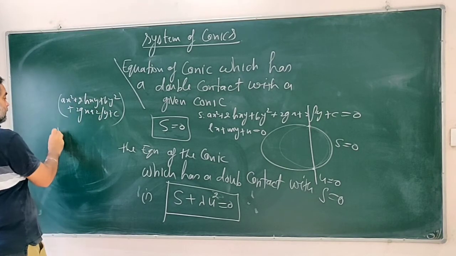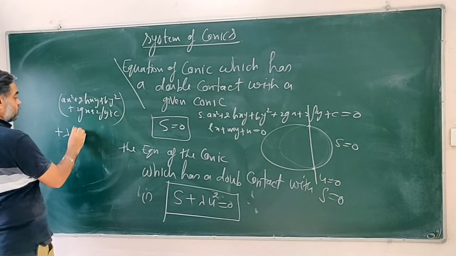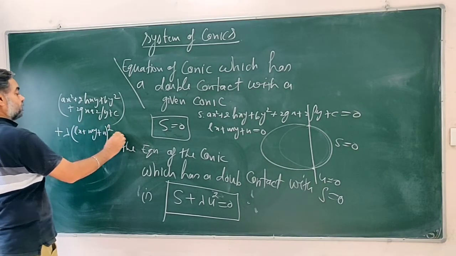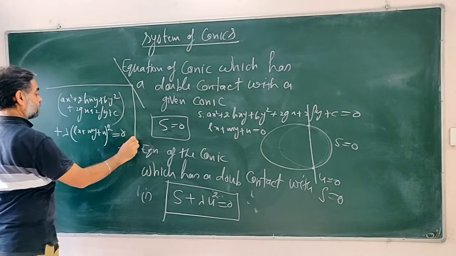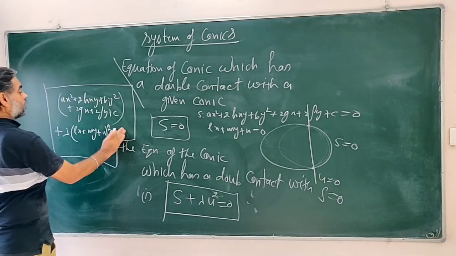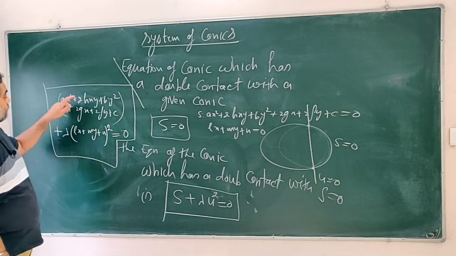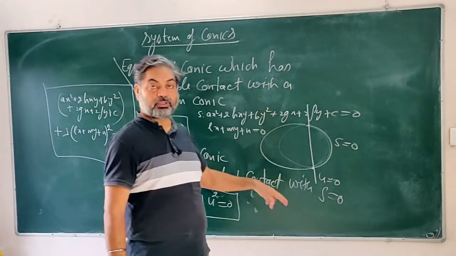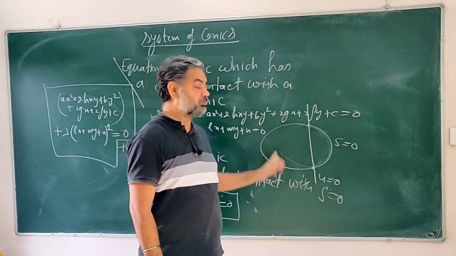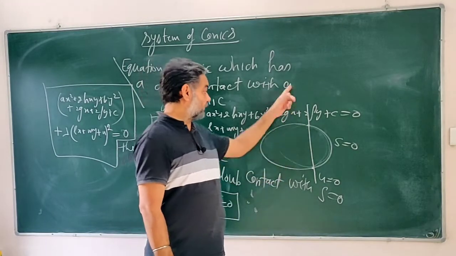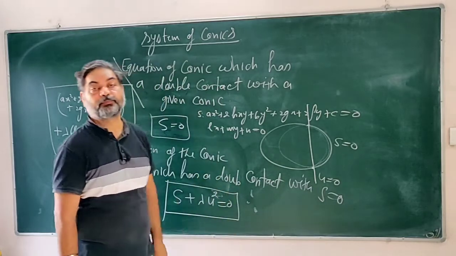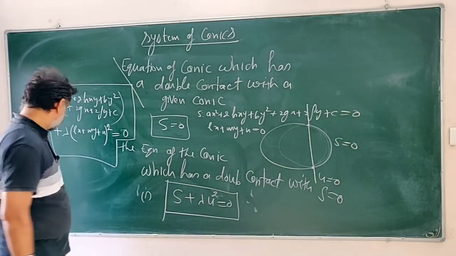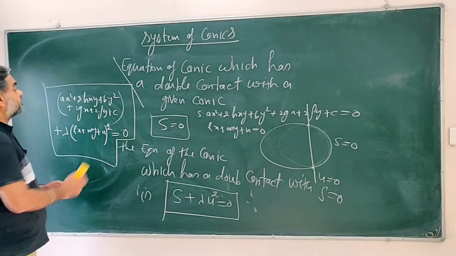This is S plus lambda times u square, where u is lx plus my plus n. Put it equal to 0. S plus lambda u square equal to 0. This is the equation of any conic which has a double contact with the given conic, where the equation of this line is given, u equal to 0. So this was one thing, and then next